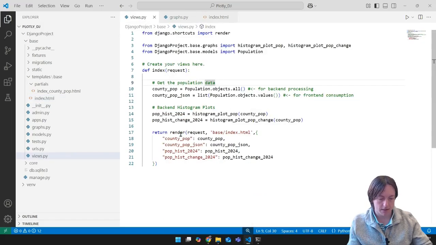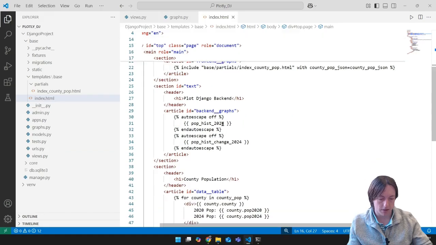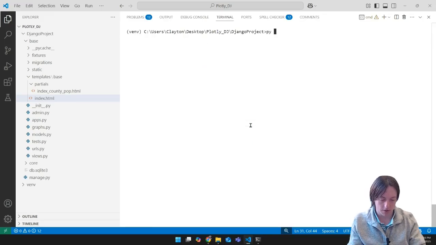And what will happen is inside the view, it's going to take that county pop, create using Plotly. It's going to create that histogram, and then it's going to pass that to the template, and then the template, to be able to render that, it's going to be here, and you need to have auto escape off because it's passing back HTML div. So you need to pass it to the template using that auto escape off parameter. So if we save that and we run our server,